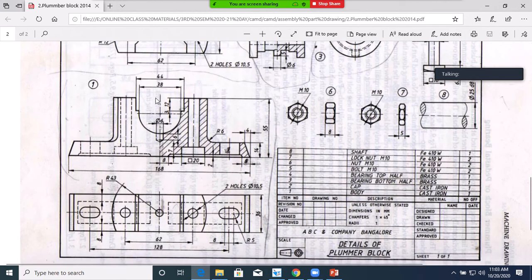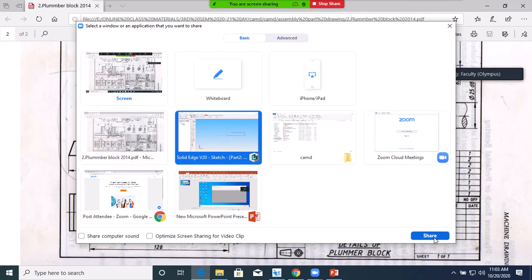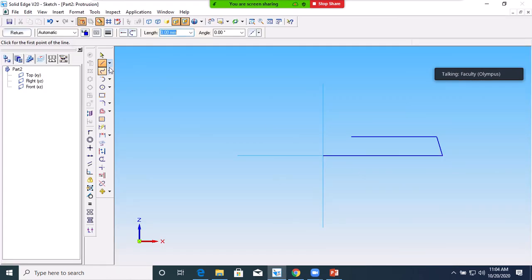Yes, sir. Okay, 43 minus 22, it will be 21. Just extend this line, and you already extended this line. Where it coincides, you will get the point there. Okay, so I will go to the software to continue the sketch. Draw the line here from this end point. You have to make sure you start from the end point, that is very important.